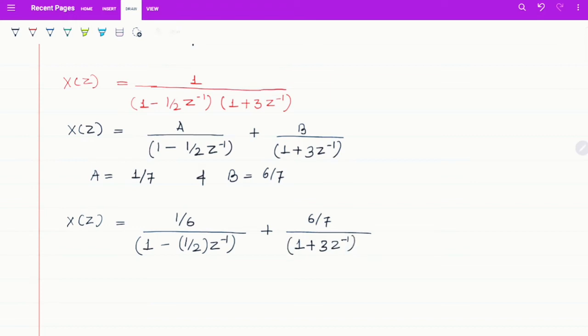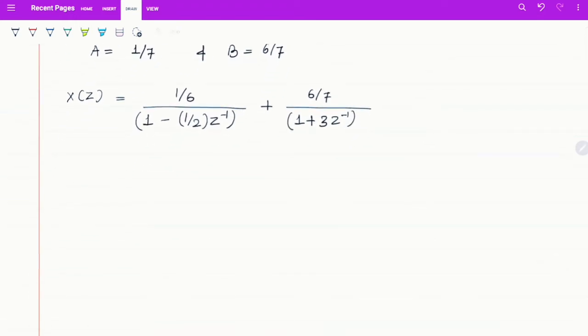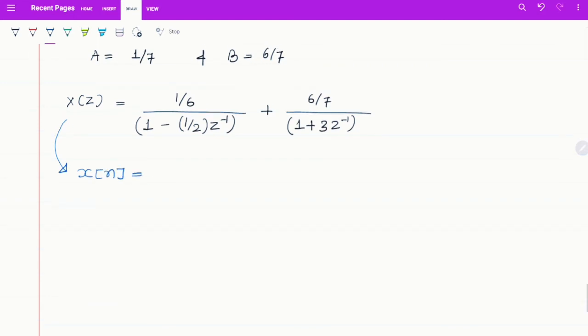Now I'll consider all three conditions, all three signals: right-sided signal, left-sided signal and two-sided signal. So first we'll find the inverse z transformation of this one, that will be x of n should be equal to